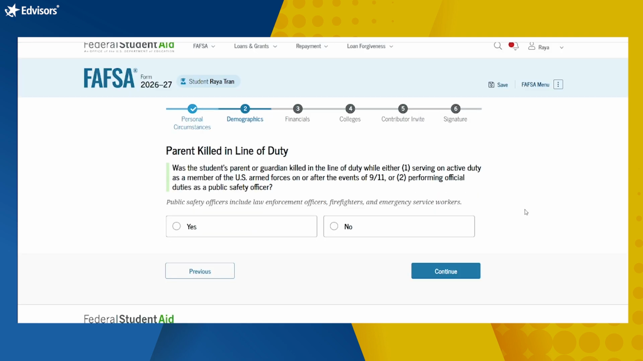Now, parents killed in the line of duty. This question is to help determine eligibility for certain grants that will be awarded to students who may not be Pell eligible, but they can receive other types of grant funds if they have a parent who unfortunately passed away or was killed in the line of duty. So be sure to read the description above and identify if this is true or applies and answer accordingly. If it does apply, I recommend clicking yes because you could be eligible for additional